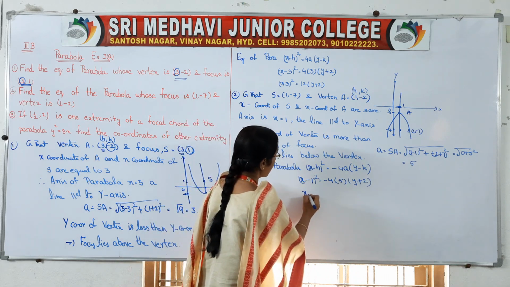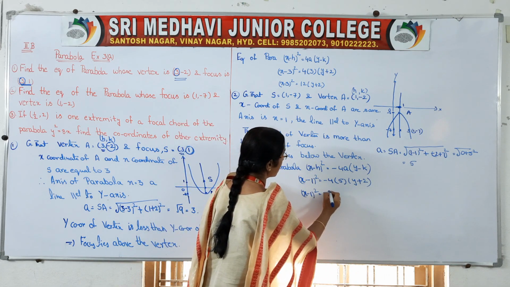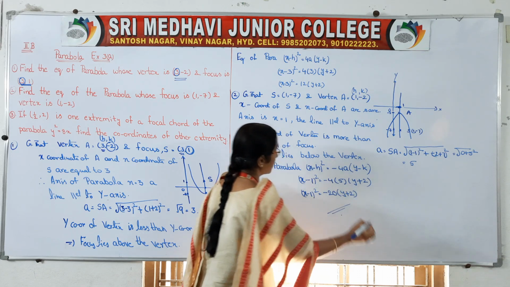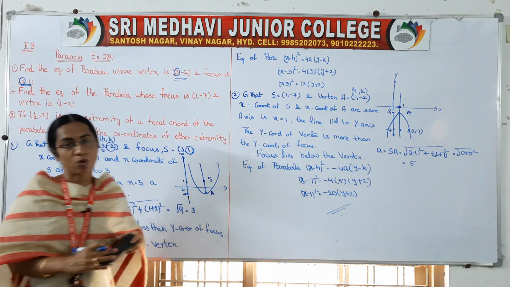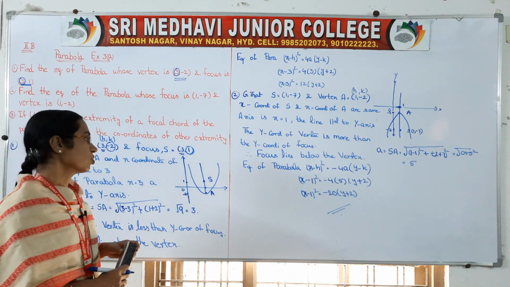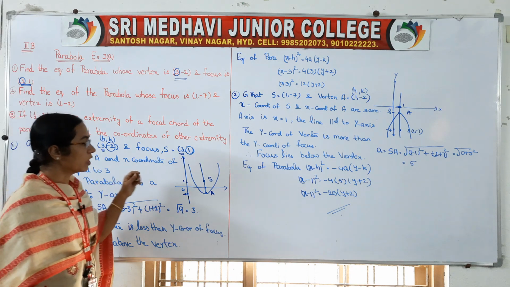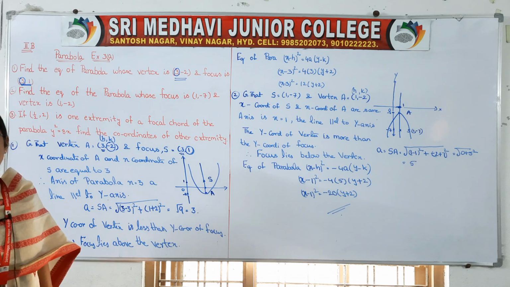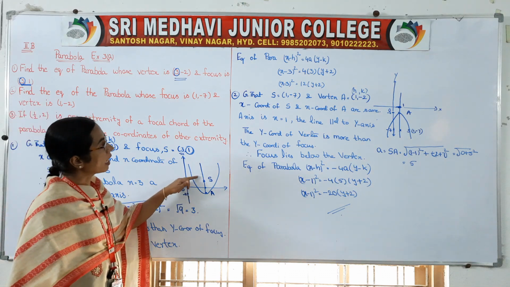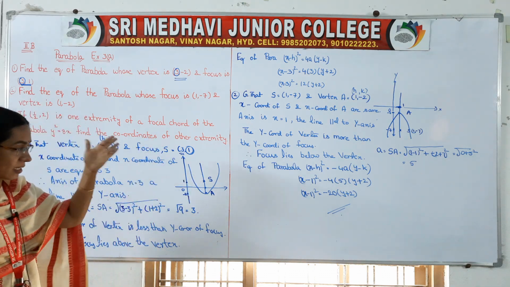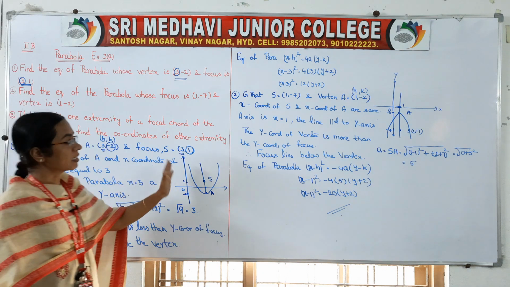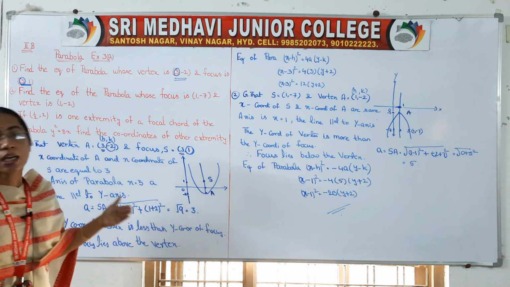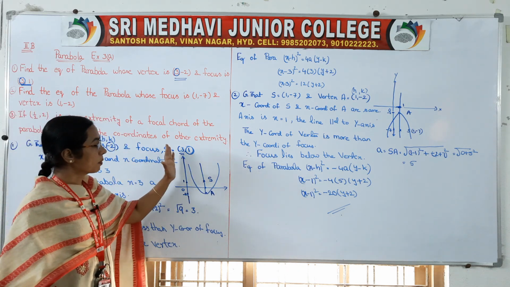So it is (x minus 1) whole square is equal to minus 20 into (y plus 2) is the equation of the parabola. So be careful. If you draw the diagram, then you will know whether the focus is above the vertex or below the vertex. If the focus is above the vertex and the axis is parallel to y,